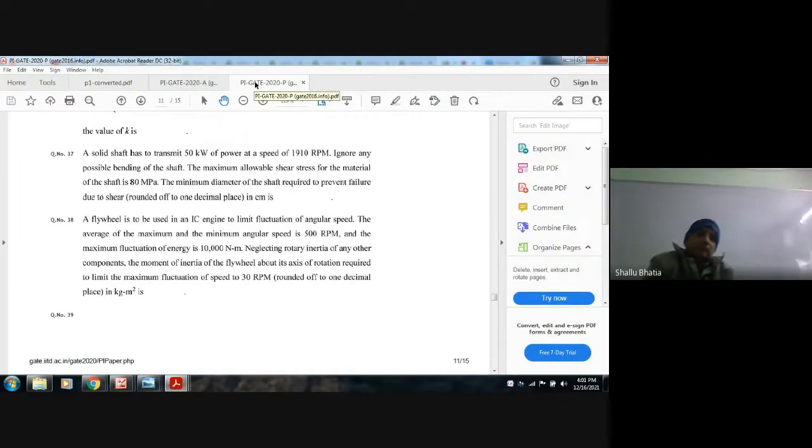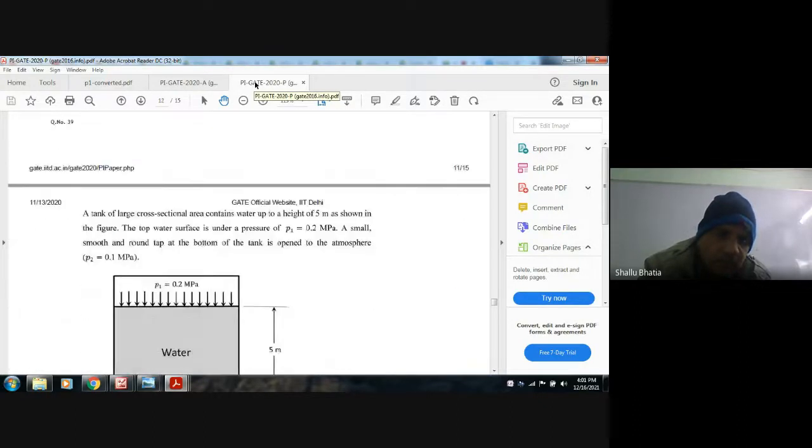A flywheel is to be used in an IC engine to limit fluctuation of angular speed. The average of maximum and minimum angular speed is 500 rpm, and the maximum fluctuation of energy is 10,000 newton meter. Neglecting the rotary inertia of any other component, the moment of inertia of the flywheel about its own axis of rotation required to limit the fluctuation of speed to 30 rpm, rounded up to 1 decimal place, in kilogram meter squared. Here is,